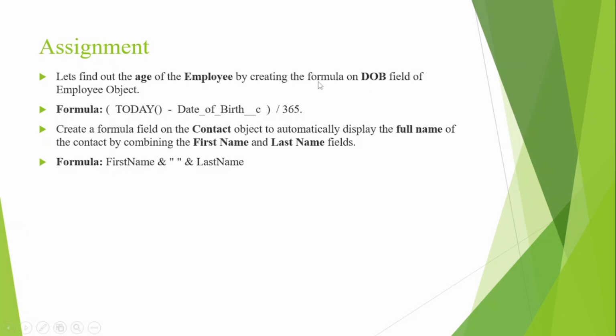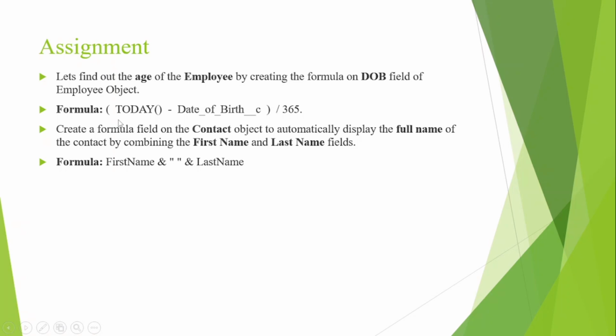So how is it calculated? Suppose an employee puts his date of birth as 1st January 2000. Then the answer, meaning the age, it provides is 24 years. How is it calculated? It is subtracting the date of birth from today's value. So the formula should be like this.